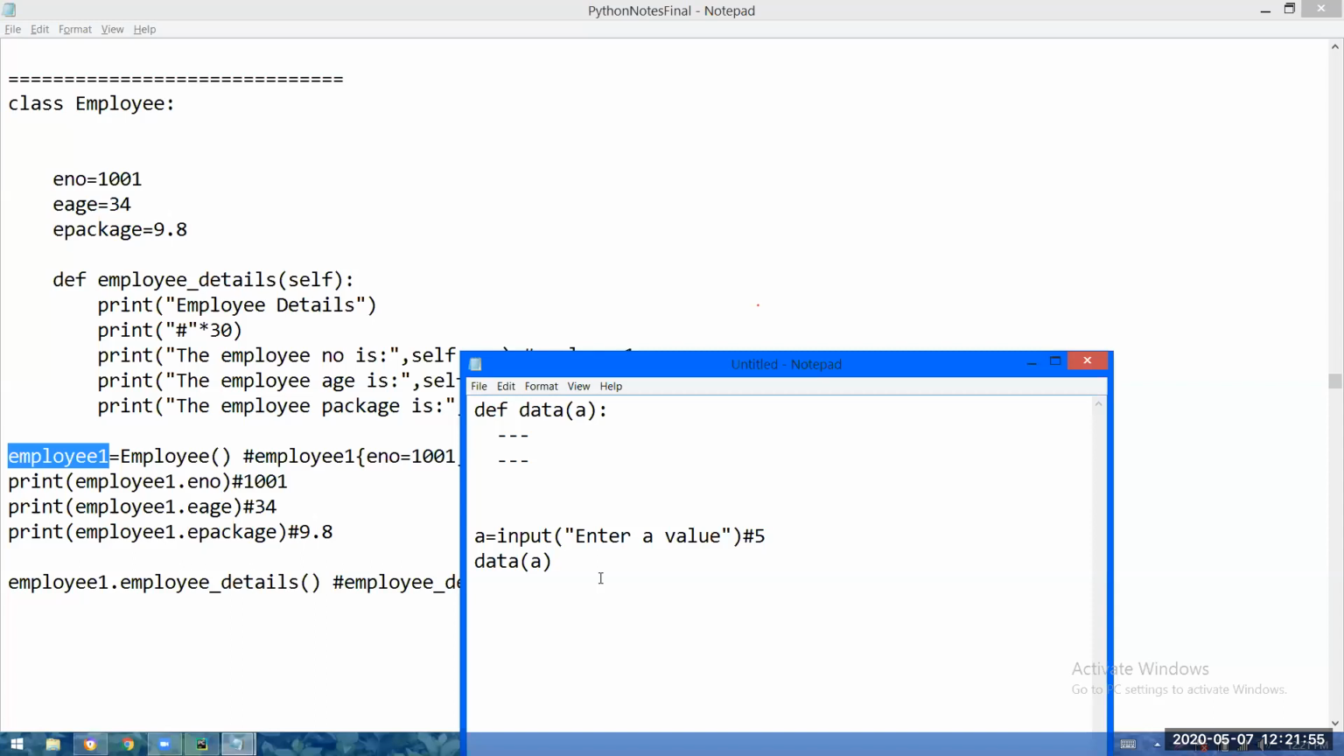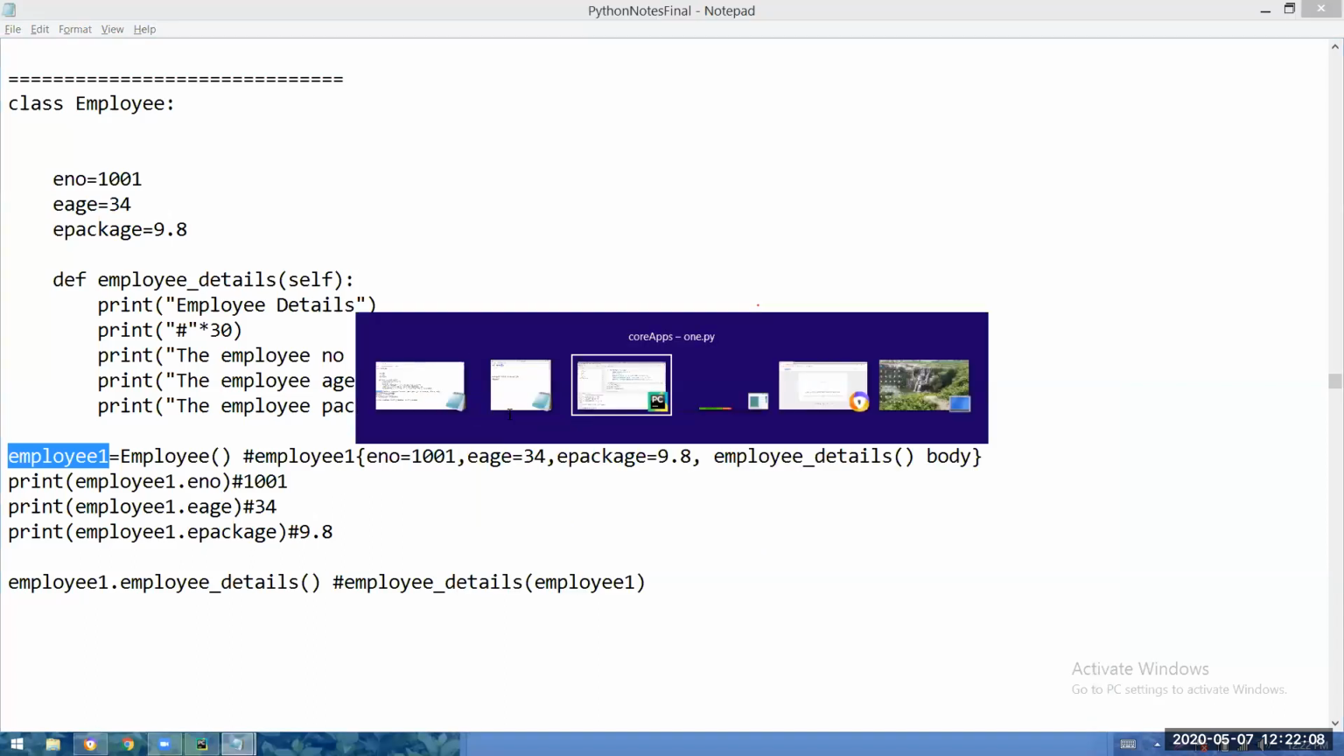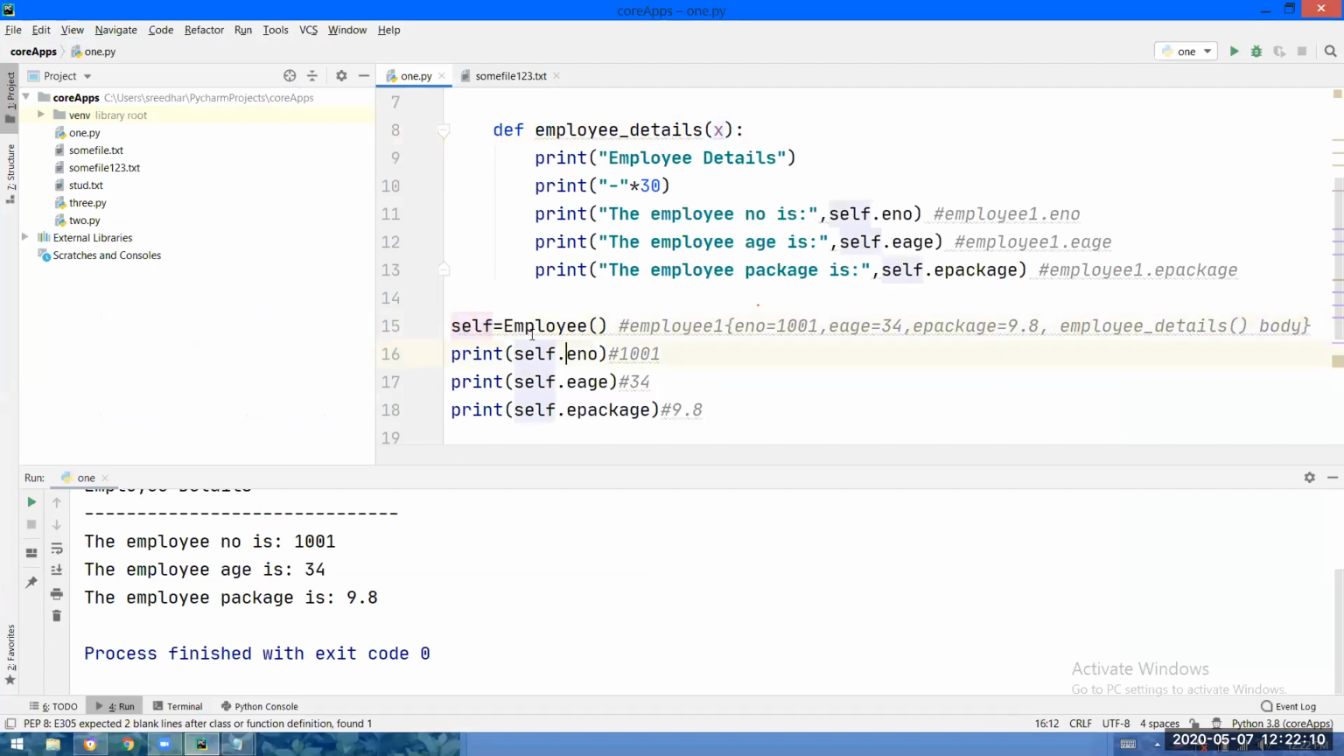No, it won't throw any error, because this 5 will be copied into A. The same thing, right? That self object will be copied into that self parameter. Okay, no error. But one thing, as per the standards, we will generally not do it like this, because self means...